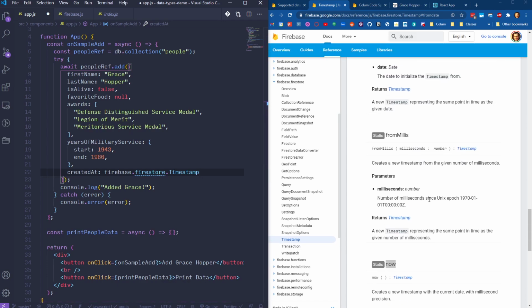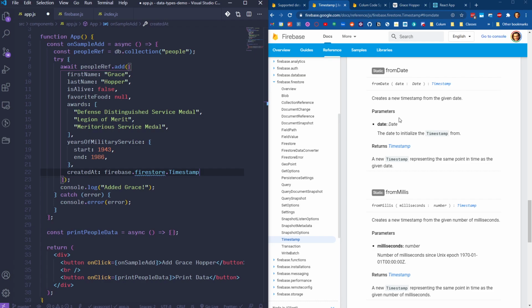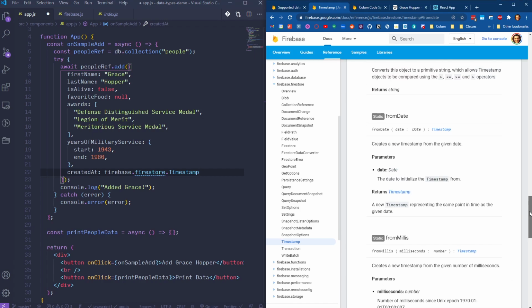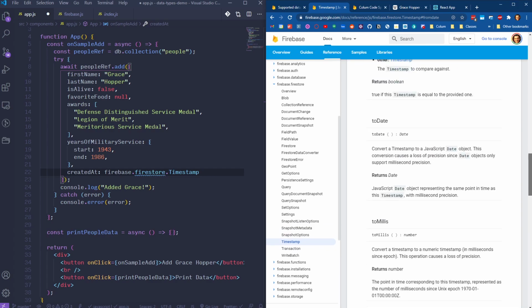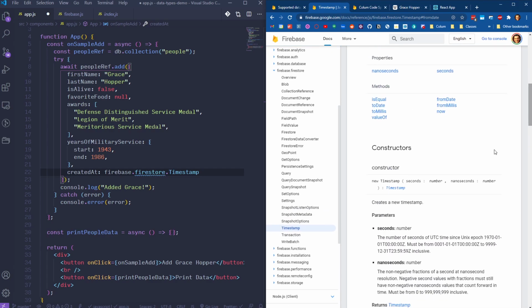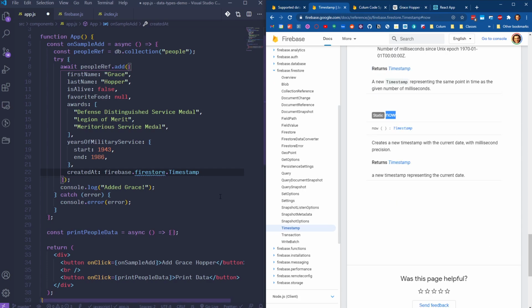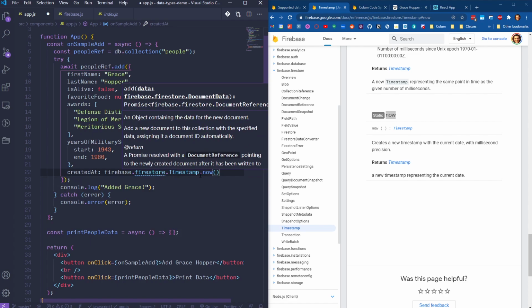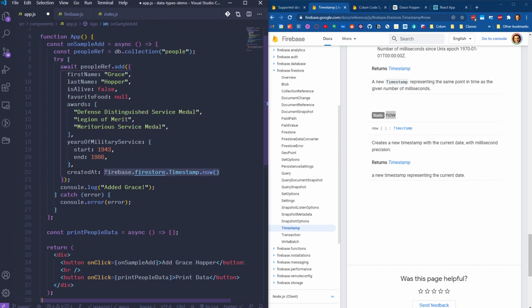And once we have a reference to that class, we can call any of these static methods on it, or we could use that class to go ahead and instantiate a new timestamp using the constructor. So to start, let's use now. So this allows us to get a timestamp that represents the current moment. So firebase.firestore.Timestamp.now. This runs that static method, gives us back a timestamp. So if I save this,